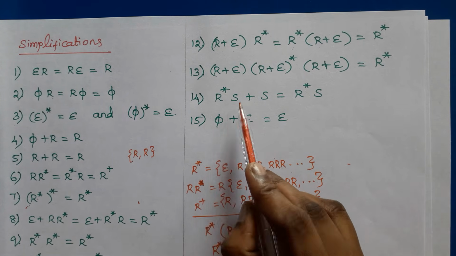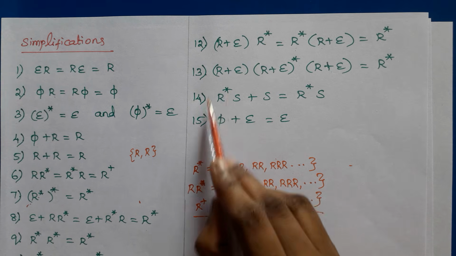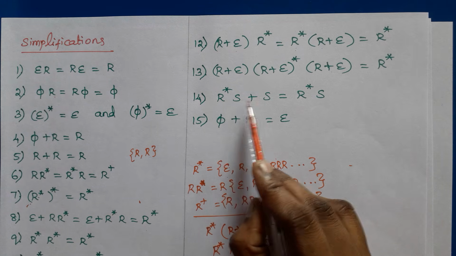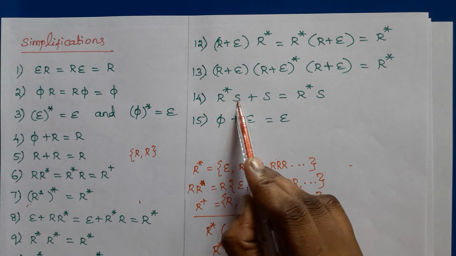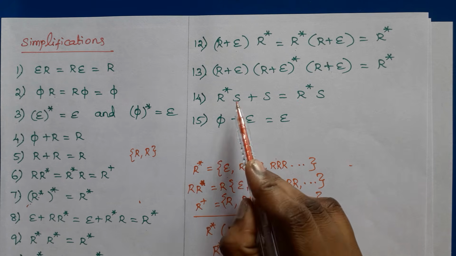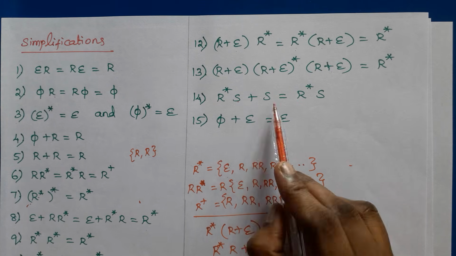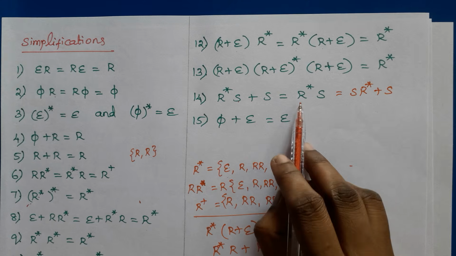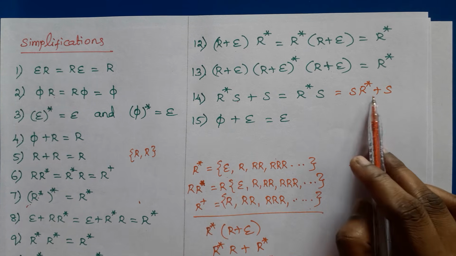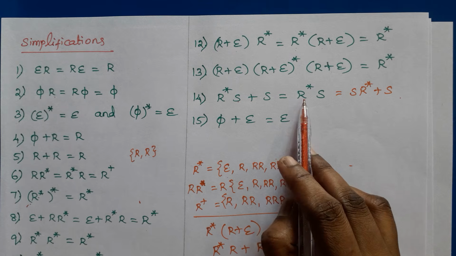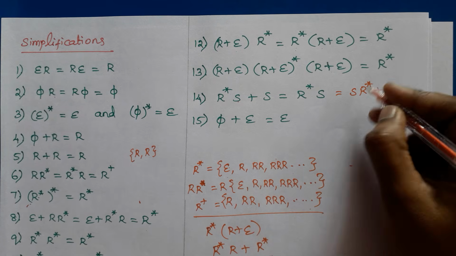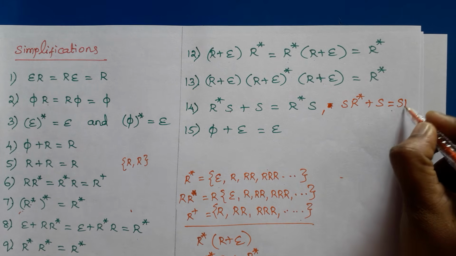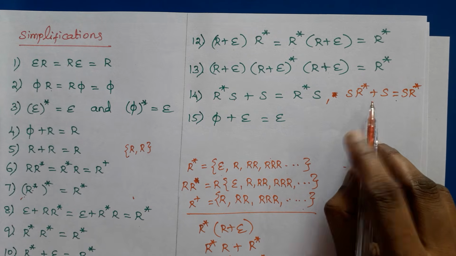Then R star, yes, one regular expression star closure. Then another regular expression is concatenated with this union. This regular expression is there. R star S plus S, or S R star plus S. In these two cases, S R star plus S, this is also the same. Okay, so R star S plus S or S R star plus S means the result is R star S in this case, this is the second equation. In this case, the result is S R star. Okay, that is, we can remove this part.